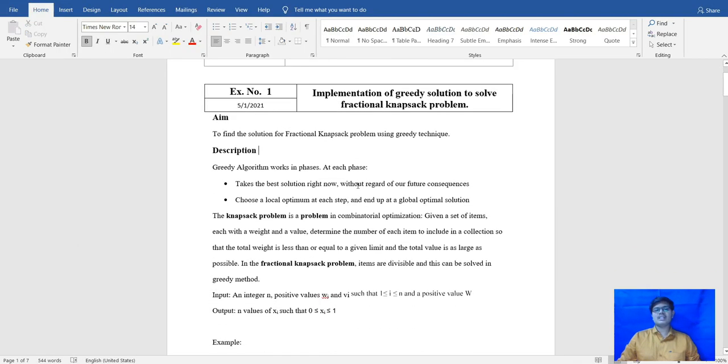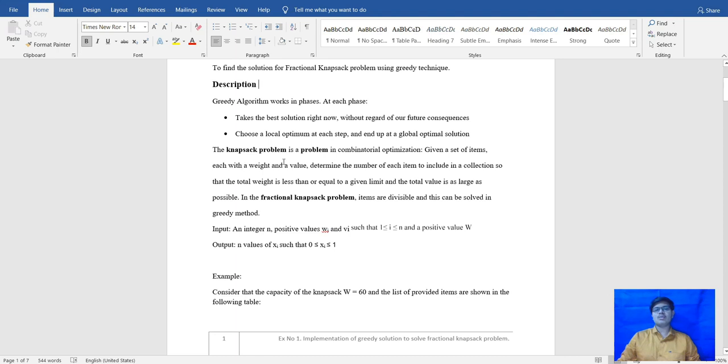Here in the fractional knapsack problem, it will combine all those weights which are optimized and give us the fractional output. Meaning if we enter 10 and 60, it will divide that. In the knapsack problem, it will go in descending order.